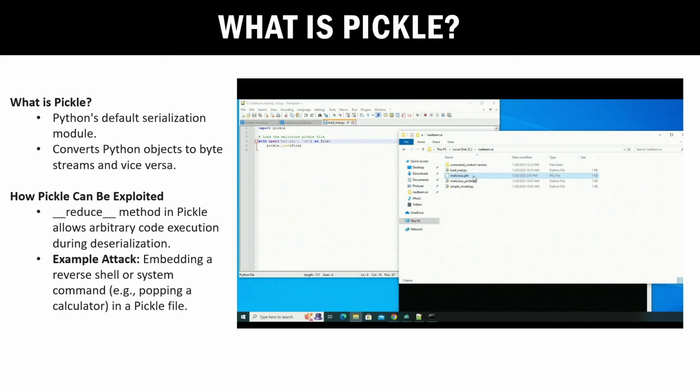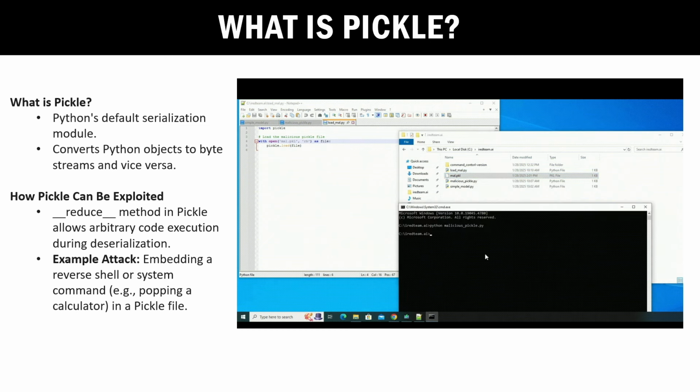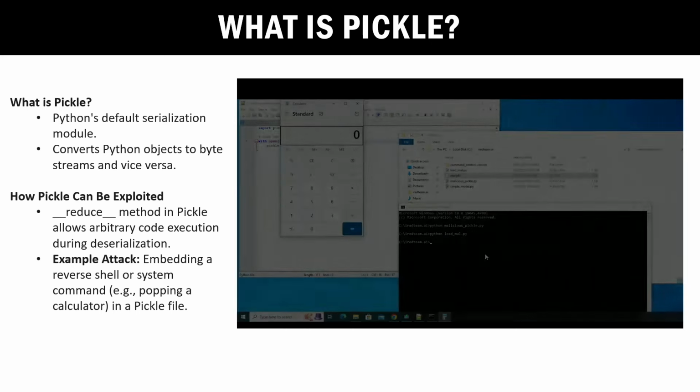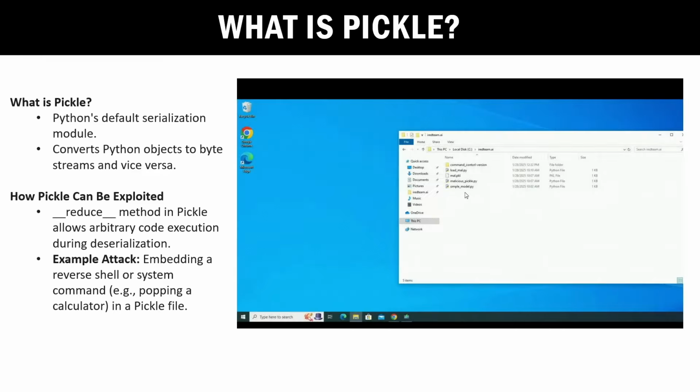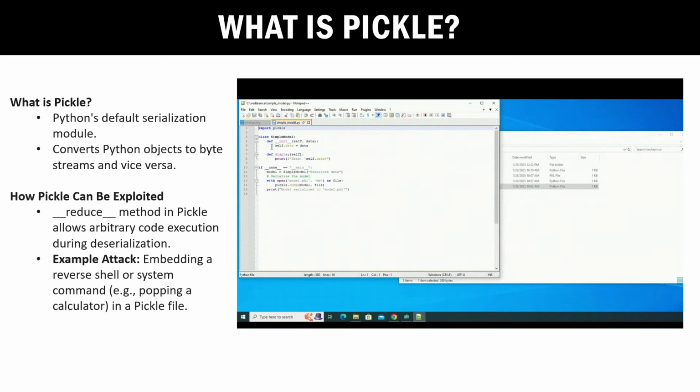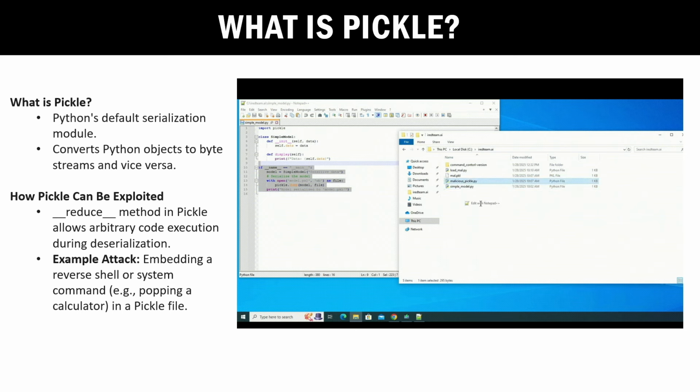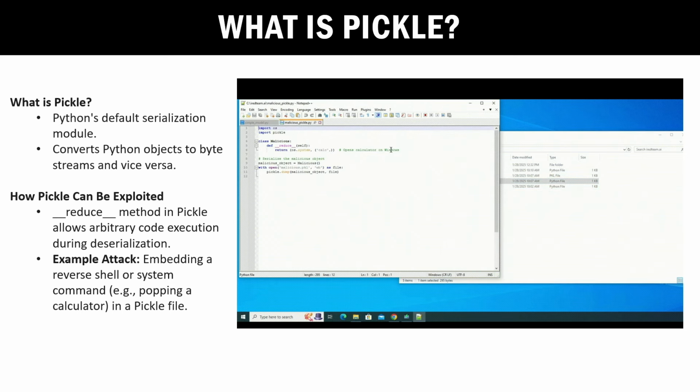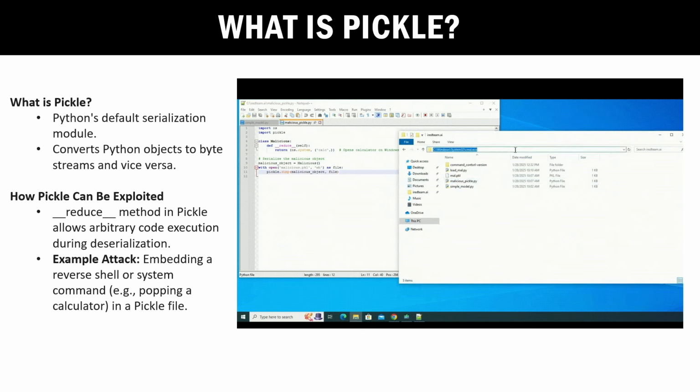But really, pickle is usually the default way in Python to serialize and deserialize objects. Think of it as a way that pickle turns objects into a byte stream, and when we load it, it turns it back into objects. One of the main issues with it is that it can execute code when it's loaded, and pickle files usually have the extension .pickle or .pkl,